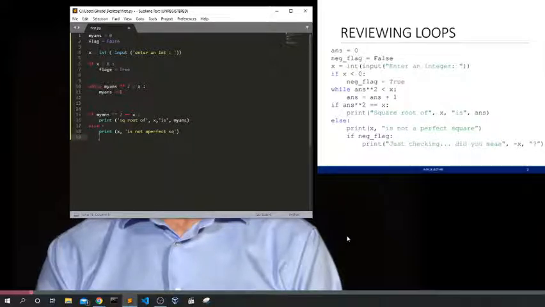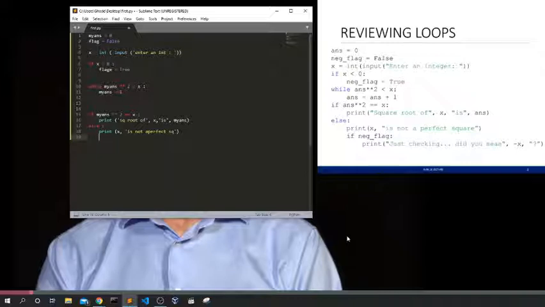And there is an if statement inside the original conditional if statement that says if flag, that means if it was false, print just checking, did you mean minus x?